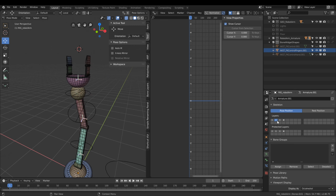Alright, so let's see what we can do. For the global control, I might just go with a square with a line through the center, and then I might add a little arrow at the end there as well. So let's start with just making that. I'm going to create a plane. I'm going to center that to our